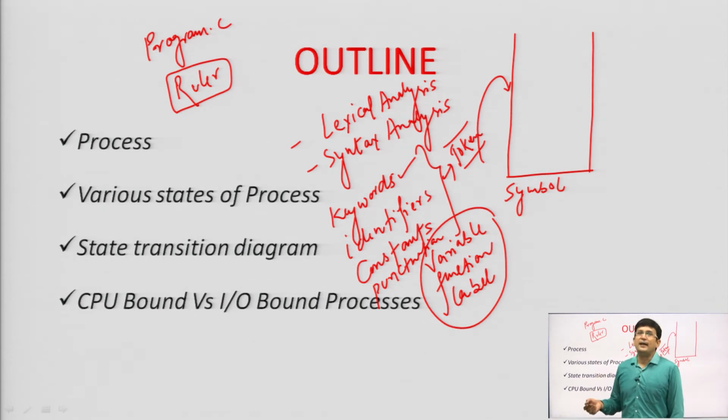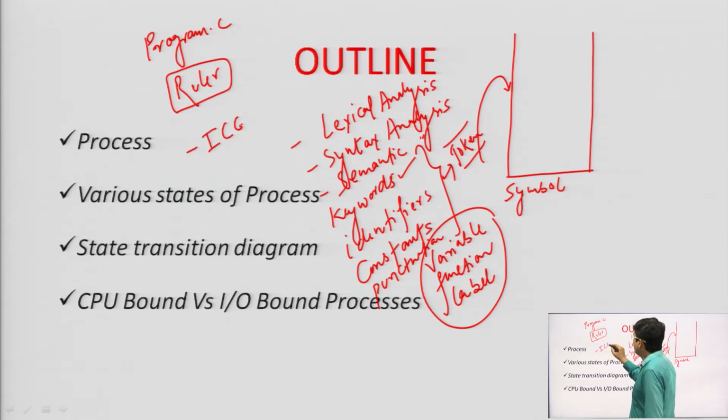Wherever there is an error, it is thrown by the compiler. So, we are done with the syntax analysis. The syntax analysis is related to a term known as semantic analysis. Semantic analysis means we are trying to find out the meaning of the content that we have written in our program. So, the compiler tries to find out the meaning of the terms or the instructions written by the programmer.